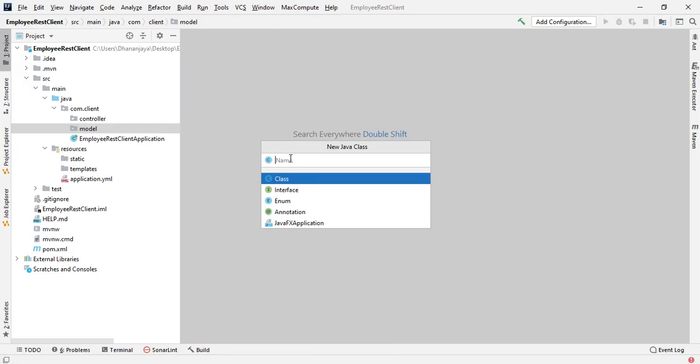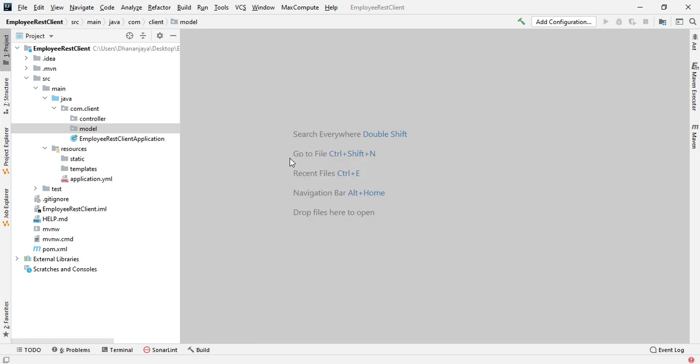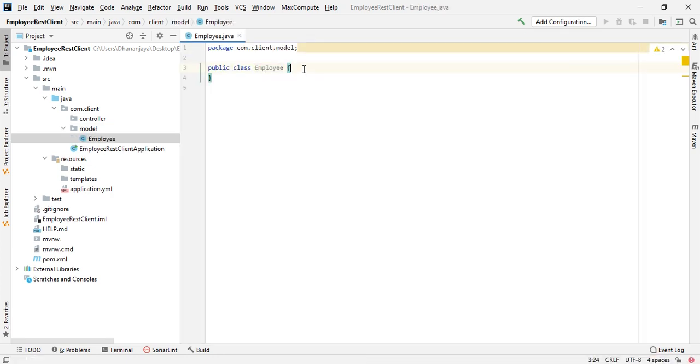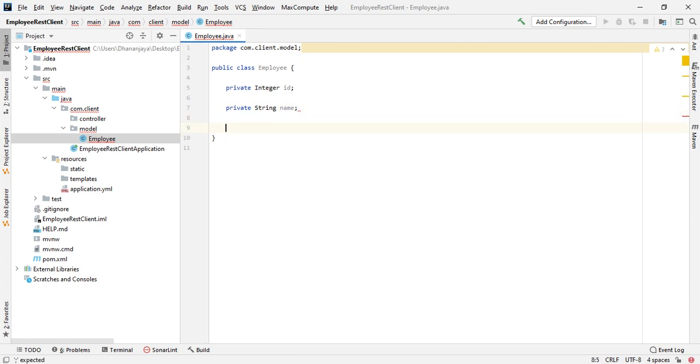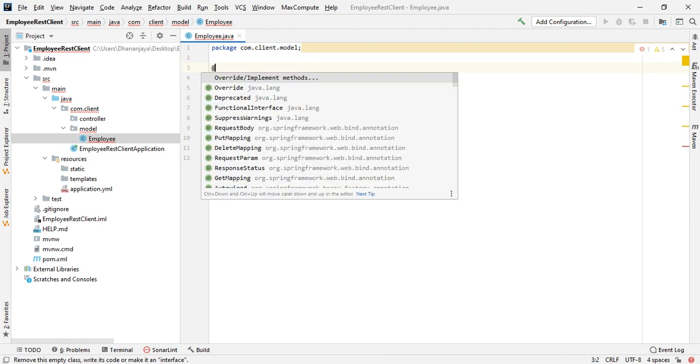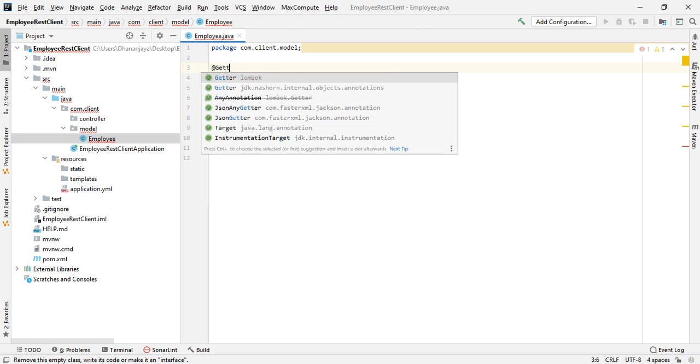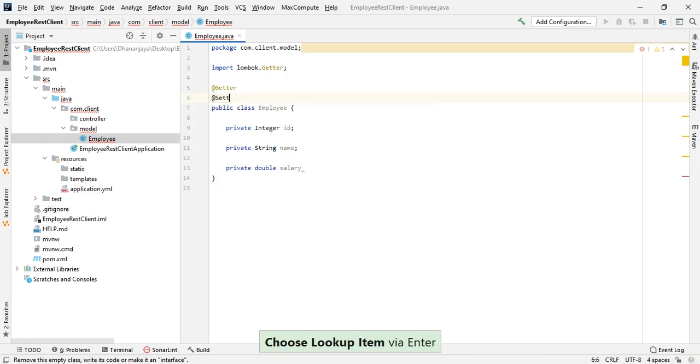Class employee with ID, name and salary. Let's annotate it with @Getter and @Setter. Okay.